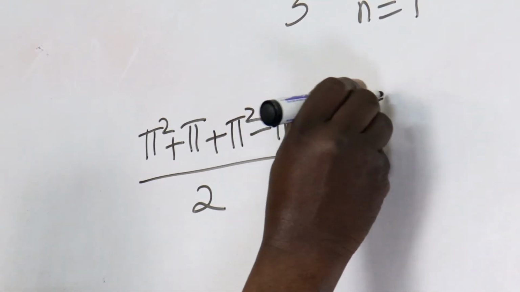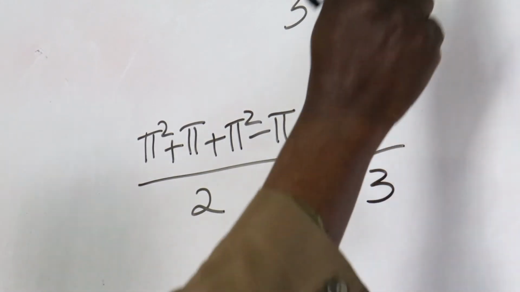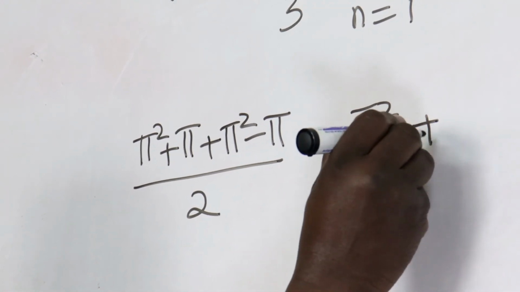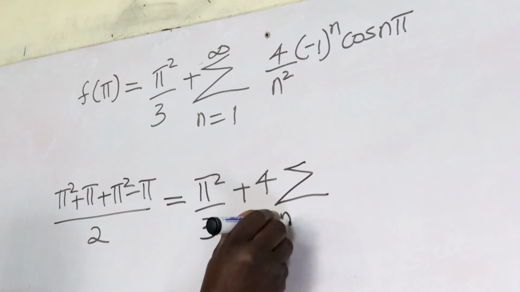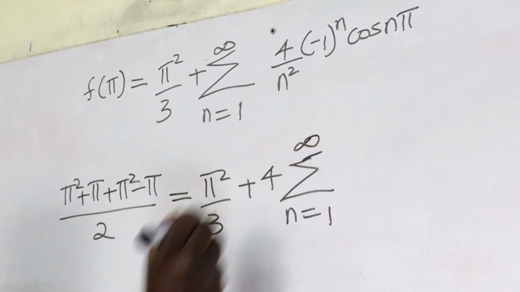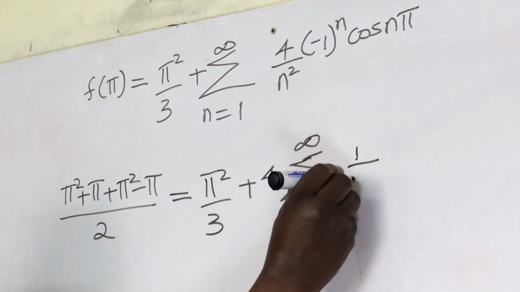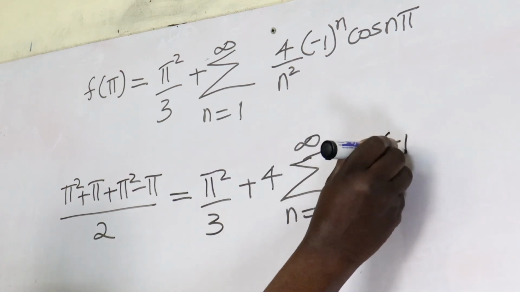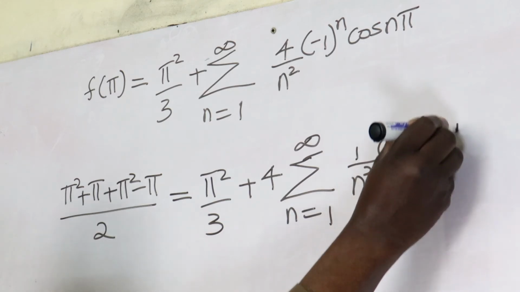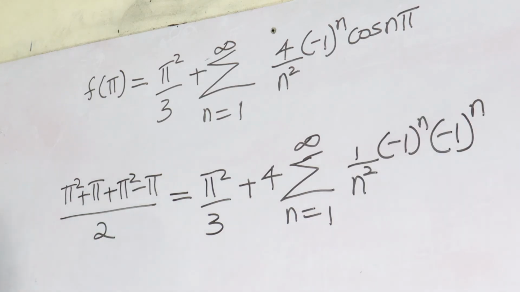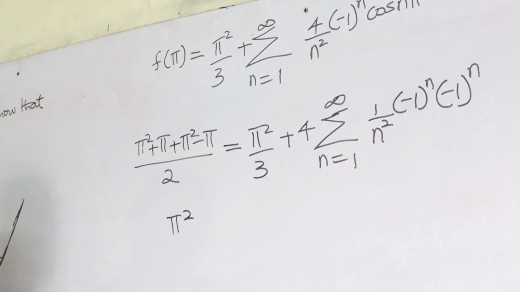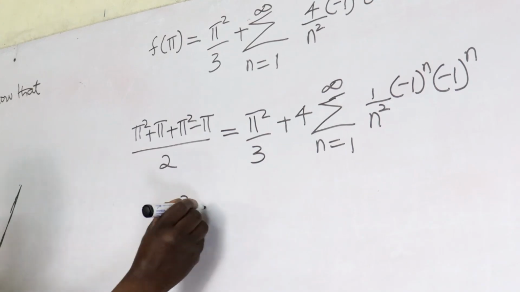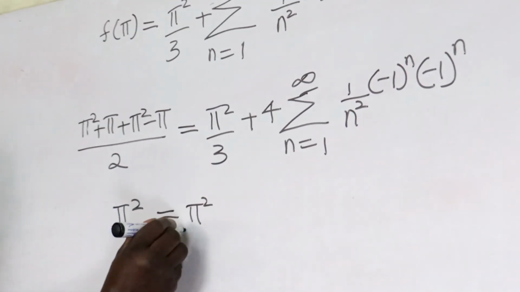So this is pi squared all over 3. This 4 can come out. It can pass the operator, which is the summation sign, and we remain with 1 all over n squared, and we have negative 1 power n. Cos n pi is also another negative 1 power n. So what do we have here? We only remain with pi squared from this side. It is just pi squared, which is equal to pi squared all over 3